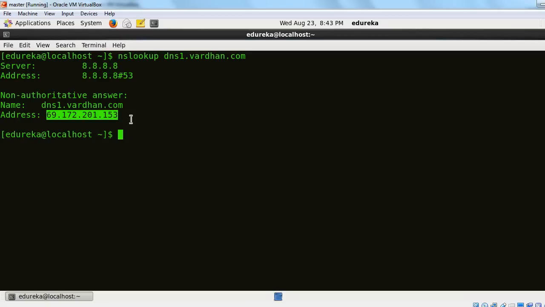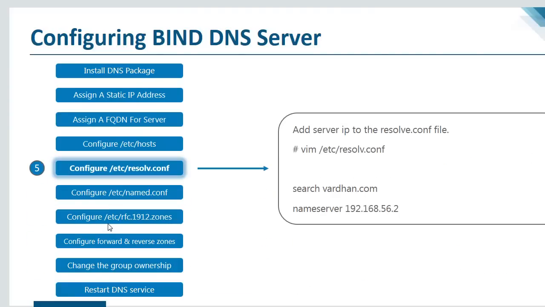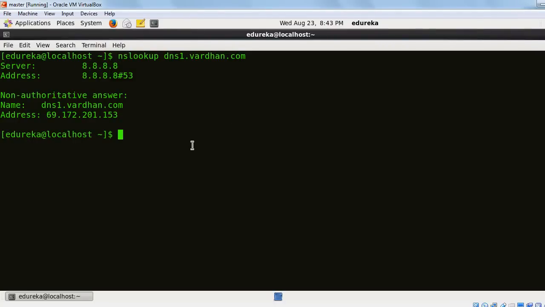There was one point, number 6, which I told you that we had to do even on your client side. It is this one, where you configure the resolv.conf file. You have to set the name server which you want your system to look up to. So that is what you have to do over here. At every client, if you want to resolve the domain name, you have to do that, and the command for that is